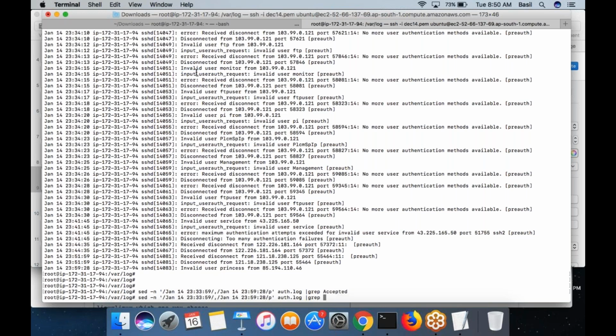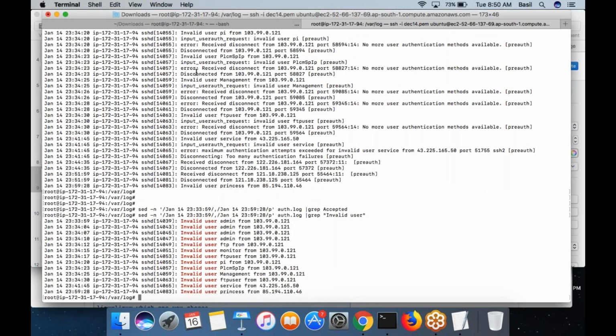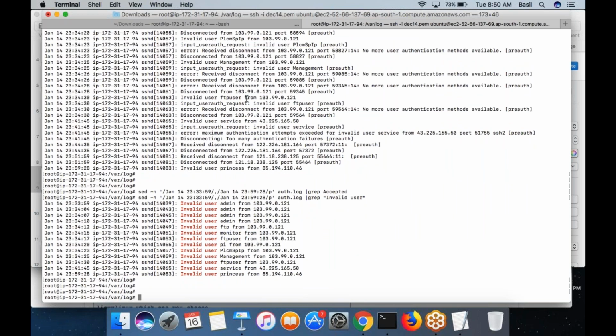Search for this line, invalid user. Then you want to know who has been trying to log into your system with an invalid user. You can see the information here: invalid user admin from this IP. So what it means is from this IP alone, there are many attempts to log into my system.